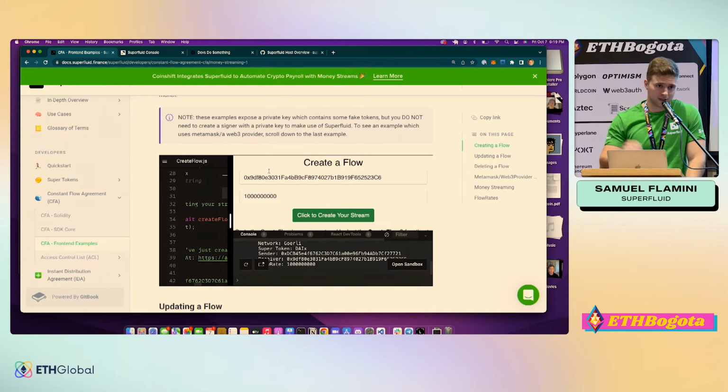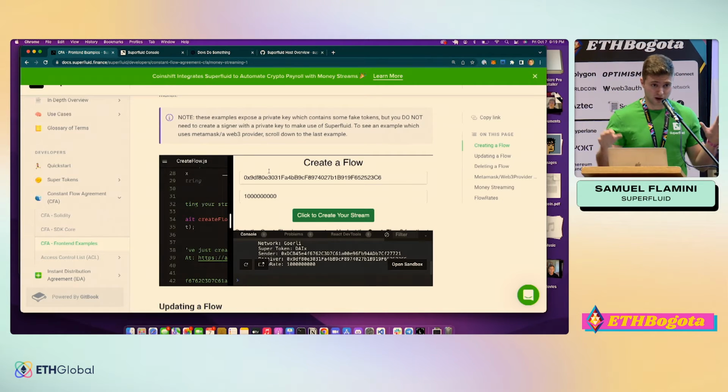This is hooked up here. It's hooked up to an exposed private key, right? You don't have to have an unlocked private key to do this. Obviously, that's not the preferred way for you to do it. It's just really easy because we have an address with a ton of fake tokens in it, and we let you just basically demo this in real time.